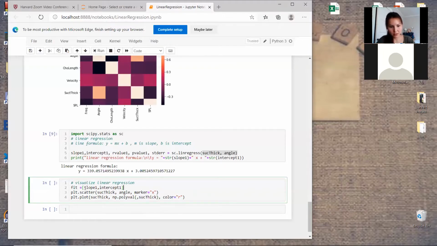I cut it, I put it here, and for this polynomial function, I pass it the suction fit, which is the slope and intercept, and the suction thickness, which was here as x. Here, fit is the y. Okay. Now let's